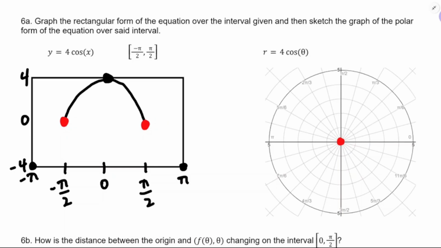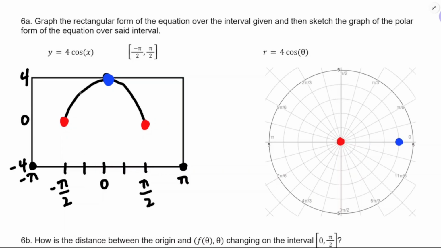Looking at something like that, but it should probably be more regular. When theta equals 0, r equals 4. So 1, 2, 3, 4 right there. And negative pi over 2 to pi over 2. And I think for this one, maybe I would talk about when theta equals negative pi over